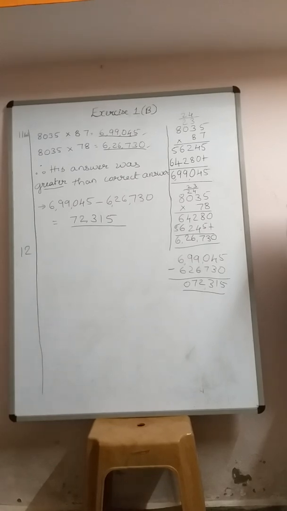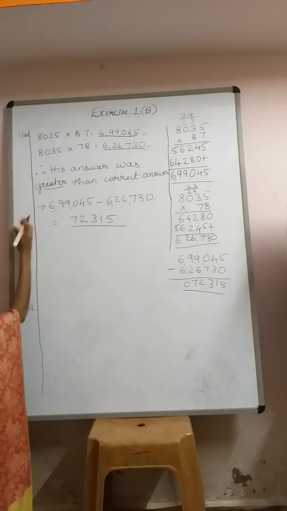Mohini has 30-meter cloth and she wants to make some shirts for her son. If each shirt requires 2 meter 30 centimeter cloth, how many shirts in all can be made and how much length of cloth will be left? So let us write the solution. Let us use the little place below. 12th solution.